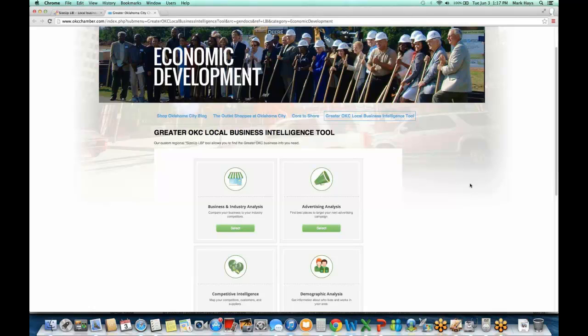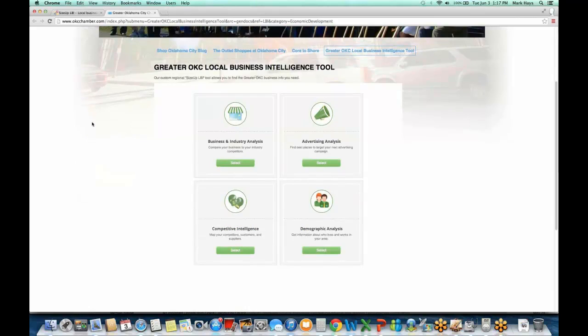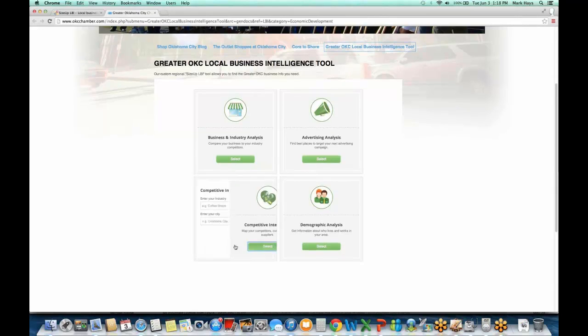One other thing I wanted to mention: these margins over here are completely customizable. So if you had a large sponsor that wanted their banner on this page, or a link to their website, you could put that on there, and now you can even use this as a money maker for you. But more importantly, it's to assist your membership, who is your chamber. So let's start into it with competitive intelligence, because we're talking chambers.